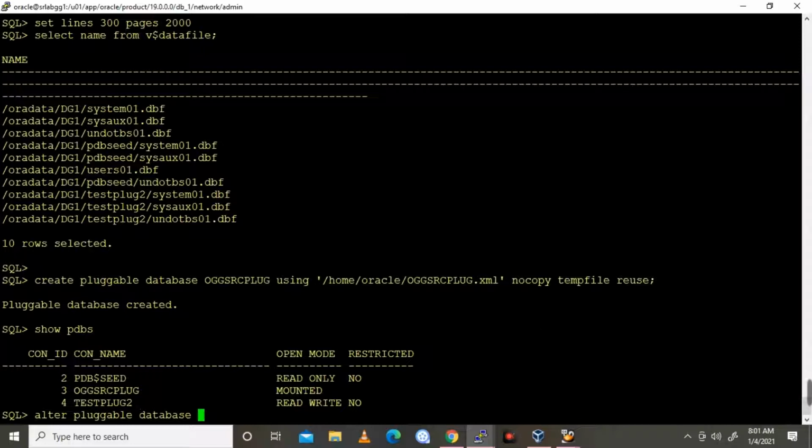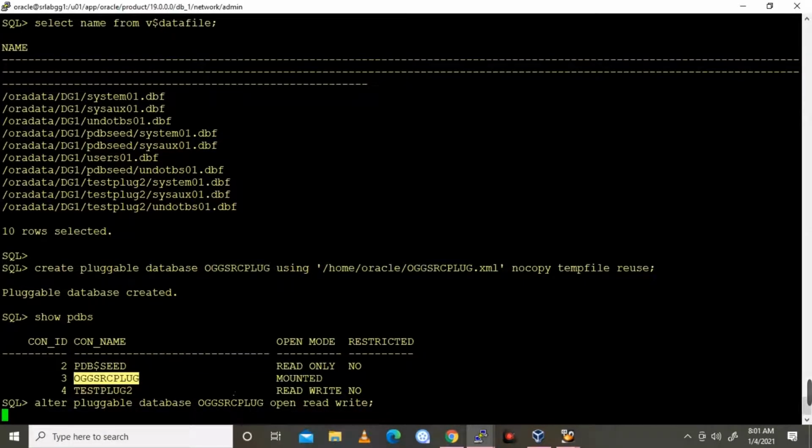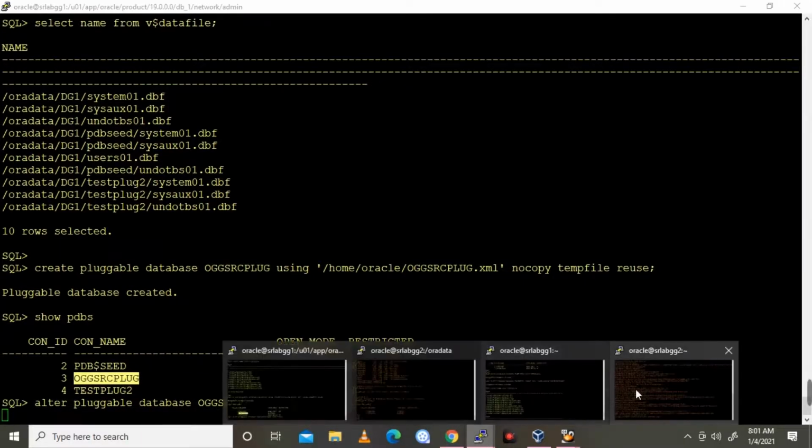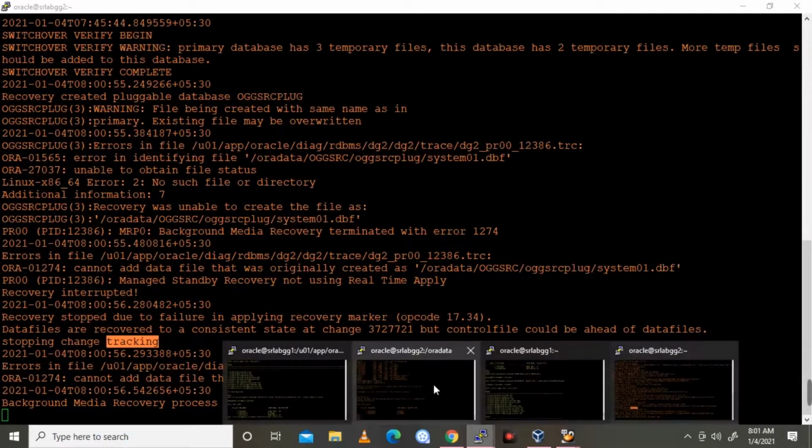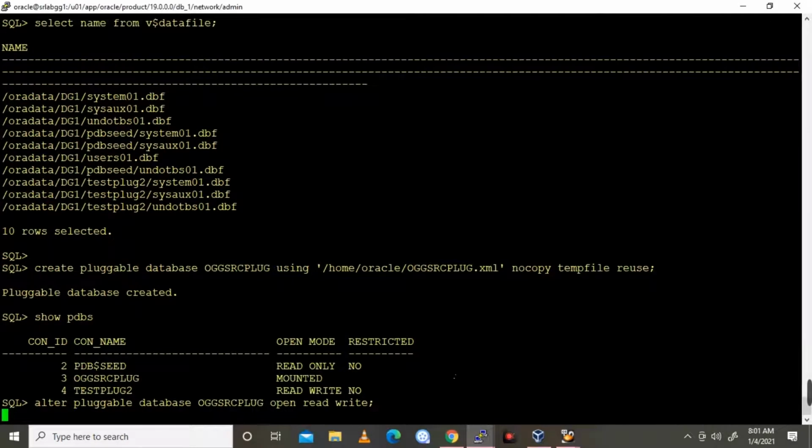So media recovery terminated with error 1274. So the background media recovery process shut down. So on the standby side the MRP got broken while we were creating that pluggable database on the source side, I mean the primary database side, using that XML file.